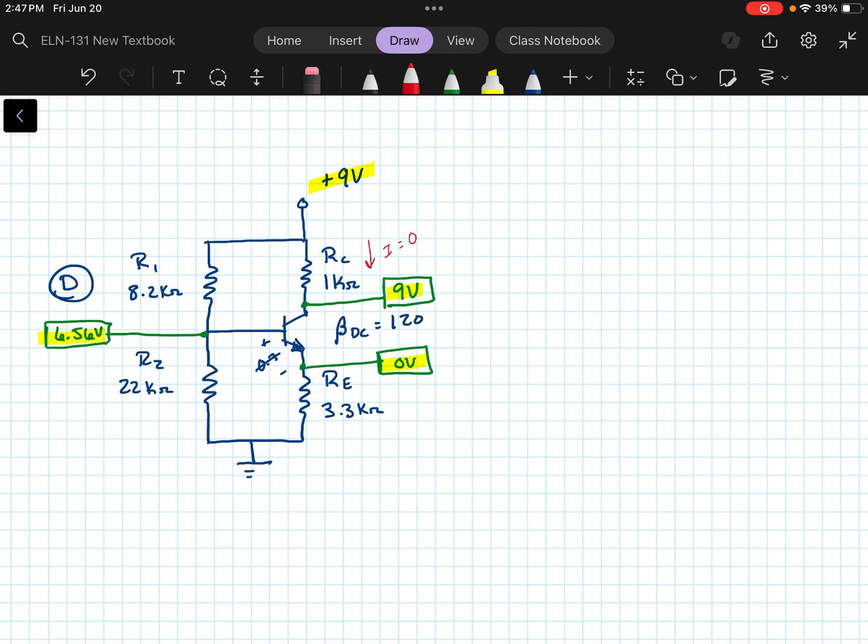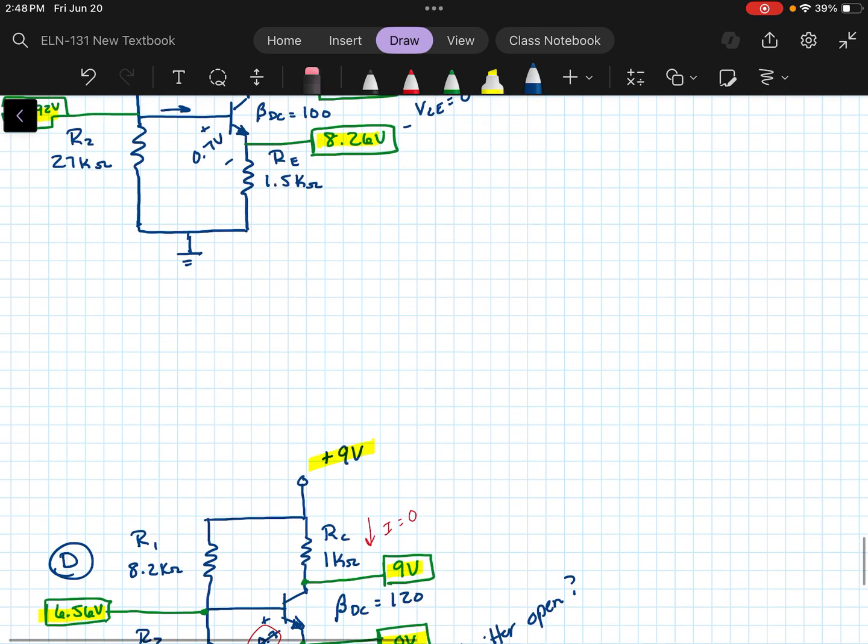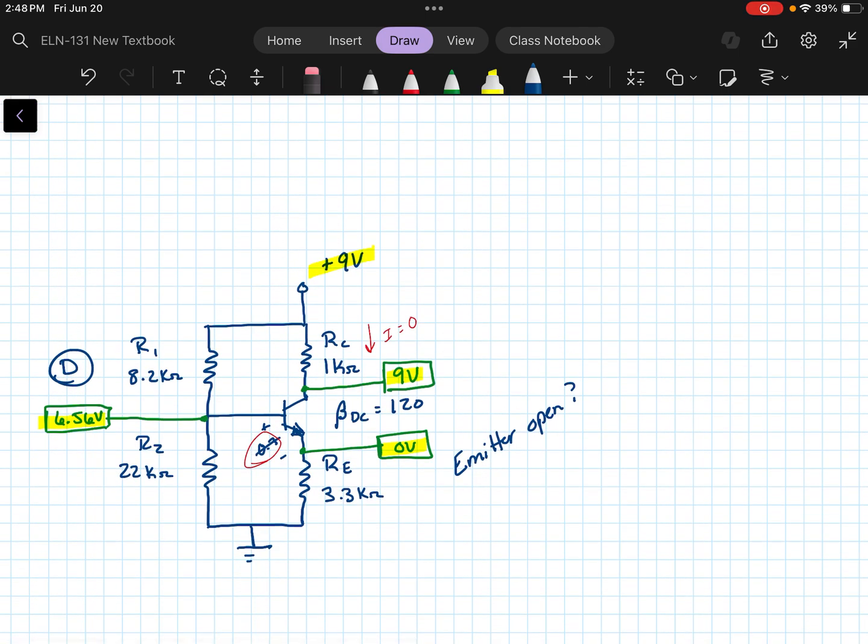Since there's no voltage drop at all, that tells me there's no current, and no current and no voltage drop here tells me that the emitter might be open. Okay, so that's probably what I would think. Okay, so those are just some problems working with the